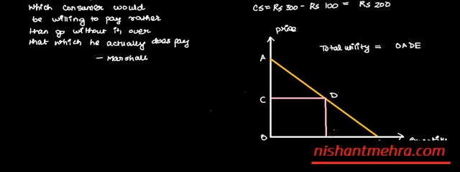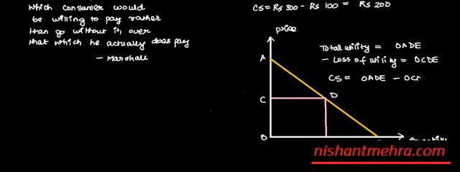And the amount which he has to pay, right, minus the loss of utility, is the amount which he has to pay. That is given by OCDE, right? So consumer surplus is the difference between OADE minus OCDE, which is the area of triangle ACD. Well, you can also